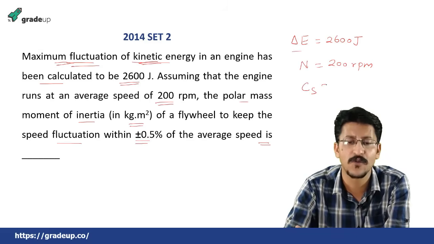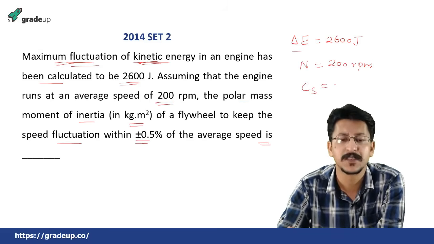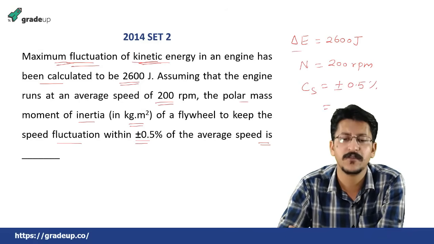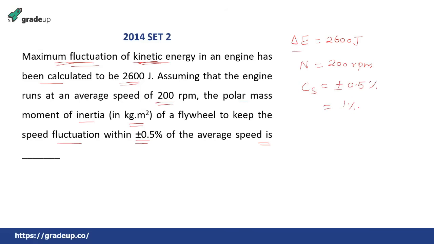this is given as a coefficient of fluctuation of speed, Cs equal to plus minus 0.5%, which is equal to 1%, or 1 divided by 100 equal to 0.01. But first of all, in this case you have to convert this n rpm into omega, that is omega equal to 2 pi n by 60. So you convert this 2 pi into 200 divided by 60,